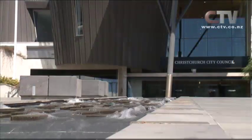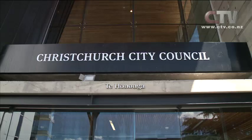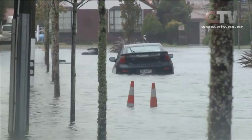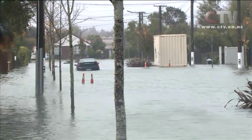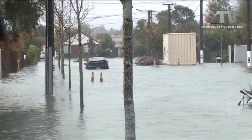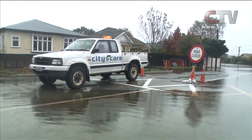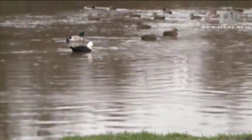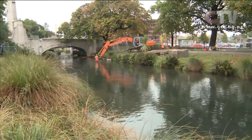Interim flooding fixes will cost Christchurch City ratepayers $18 million. The Christchurch City Council's flooding task force has reported back to the council with an estimated cost of the repairs. In total, $17.5 million will need to be spent on flood mitigation. Close to $4.5 million of that will be spent installing a temporary pumping station in St Albans. The task force will continue dredging the river, removing silt and repairing the flap gates of the Avon and Heathcote